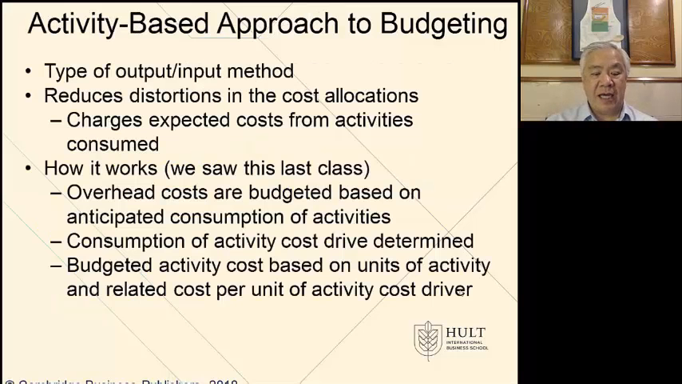Activity-based approach. This is similar to ABC, activity-based costing, and it's similar to input-output in that we look at cost allocations and we charge the expected costs from the activities when they're consumed. And as we saw in last class, we look at overhead costs in the anticipated activities. Then we say what is the cost driver that best allows us to allocate the cost. And finally, we then budget based on the units of activity necessary and the cost per activity required for that